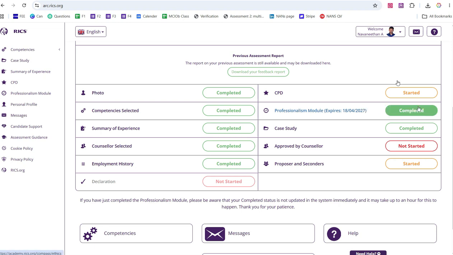So now let's move on to the ethics. So ethics, when you click all this,